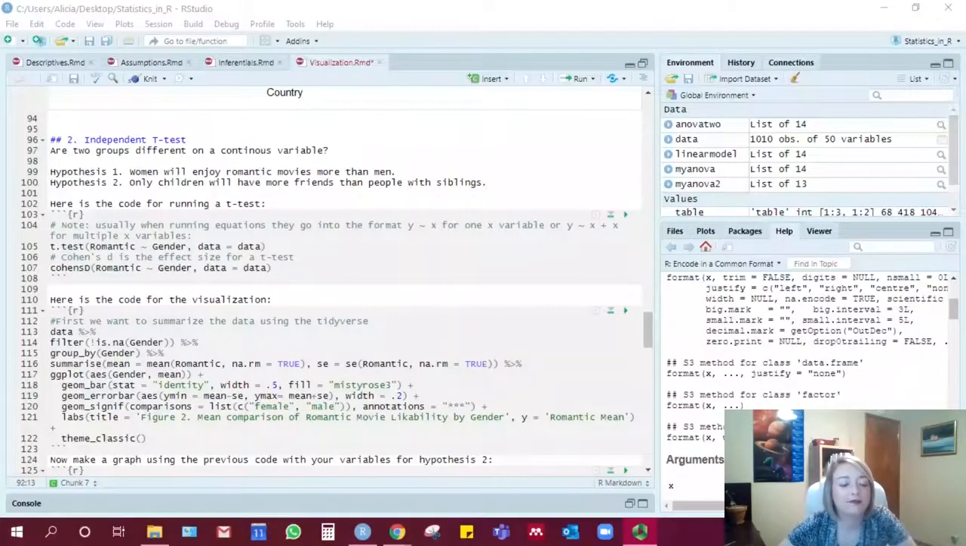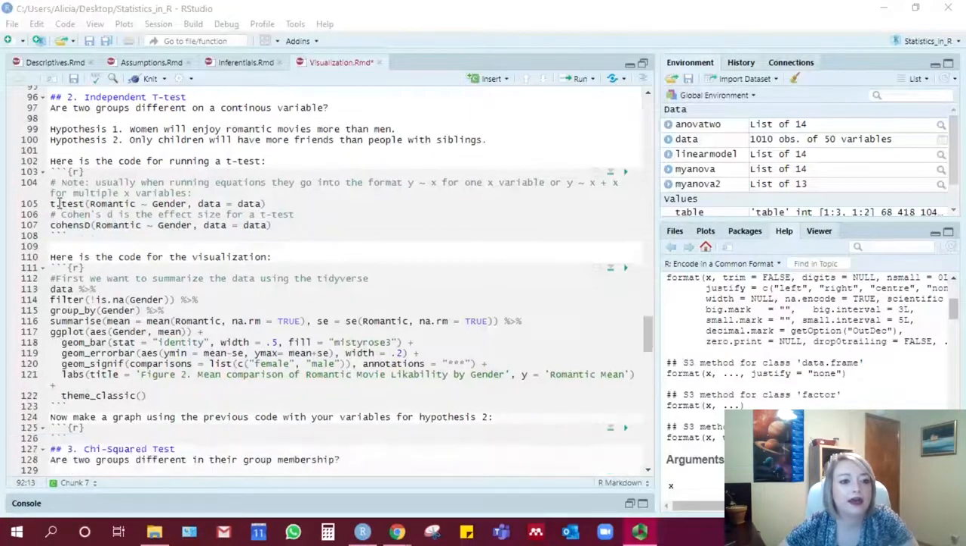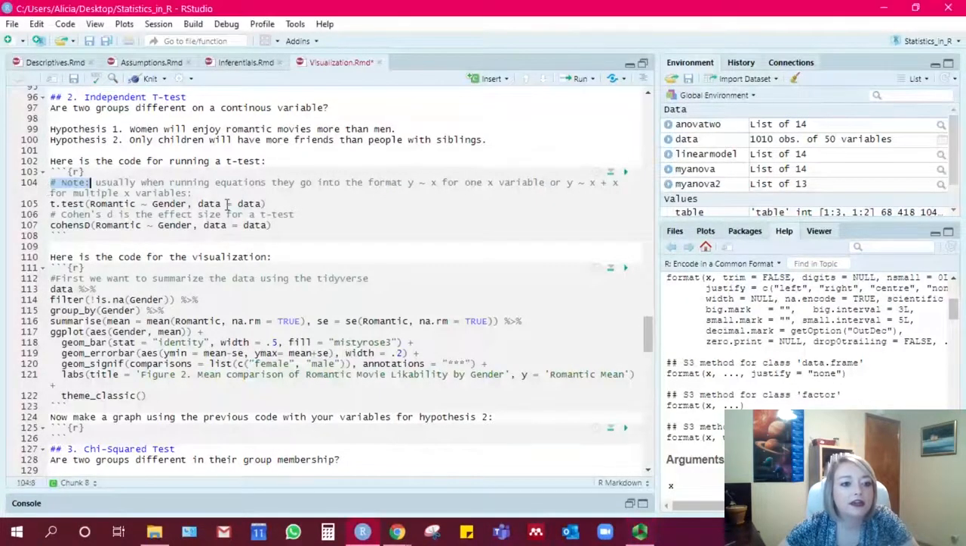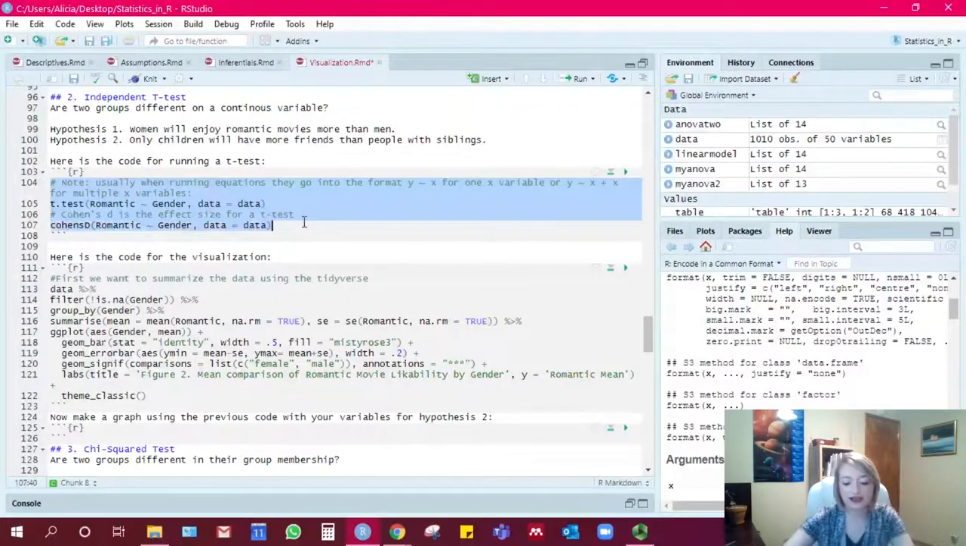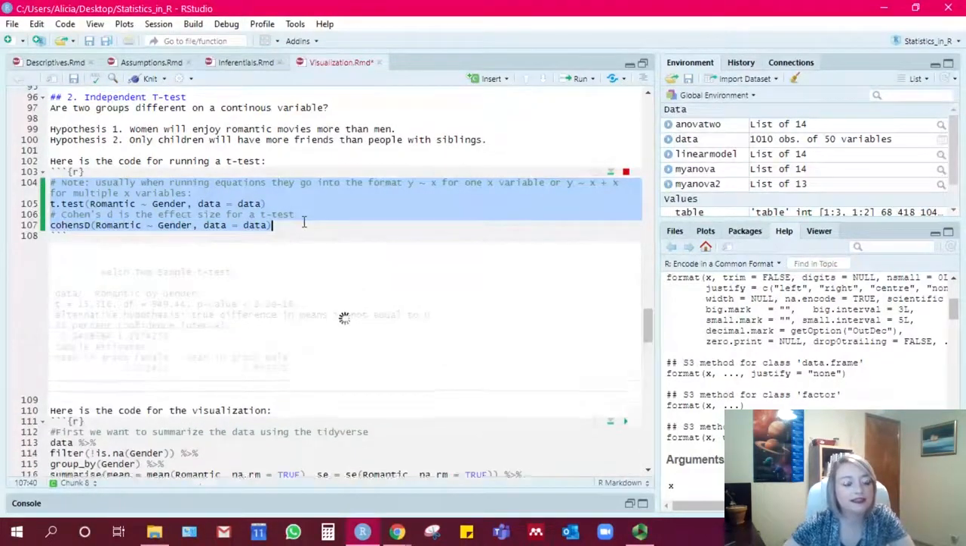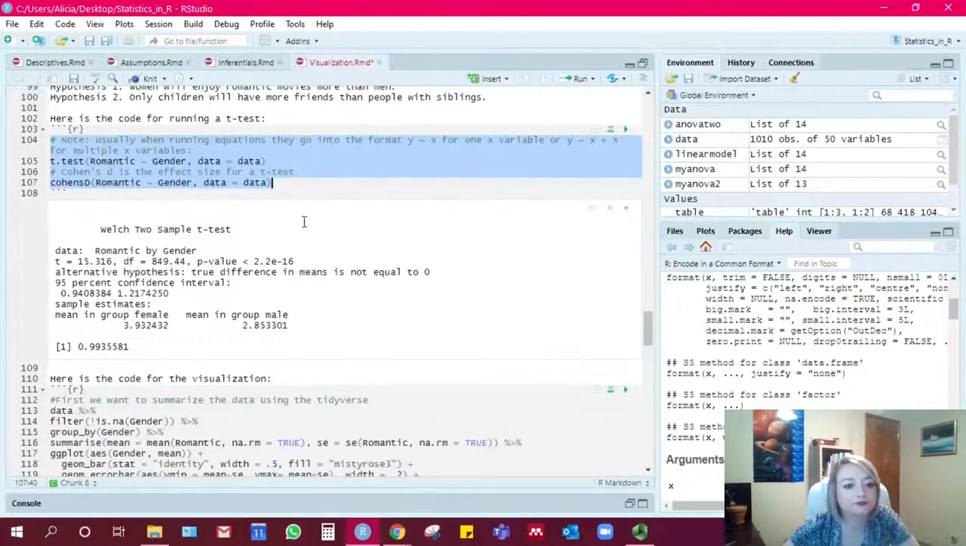Okay, now we're going to make some bar graphs for our t-tests and some mosaic plots for our chi-squared tests. So our first hypothesis was that women will enjoy romantic movies more than men, and I have the t-test code here. This is actually going to be important this time because